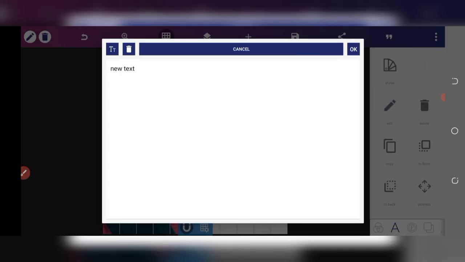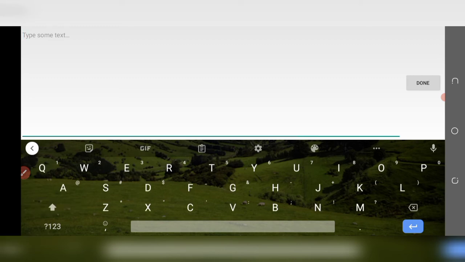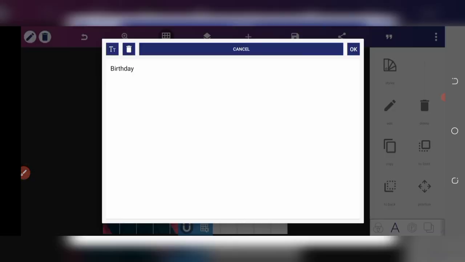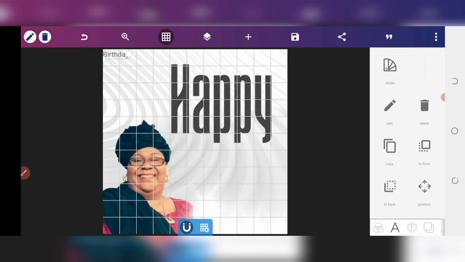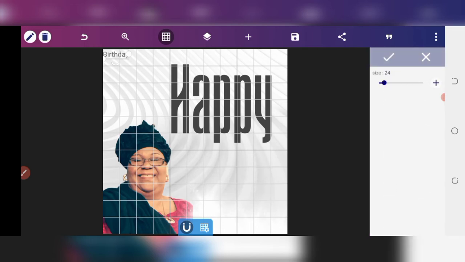Edit. Okay, we say birthday. Say okay. All right. Okay, let me finish up with the first one. I think the first one, I have not given it actually a color, but I will do that now. So birthday is about 70. Yes, 70